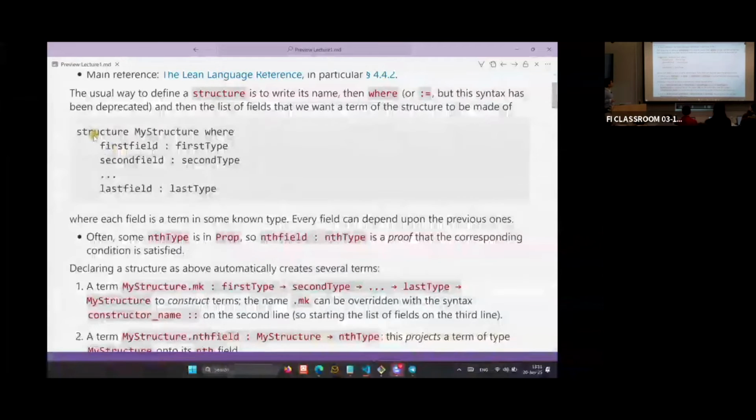The first thing you do when you define a structure is you write structure, then you give it a name, and then you give a list of fields. Is structure a type? Structure is a way of defining a type. Structure by itself is a command that instructs Lean that what follows is defining a type. I'm going to dwell a little on the details of what all these things mean, what the colon means, and the relationship between type and structure. If at the end of my explanation it's still not clear, please ask the question again.